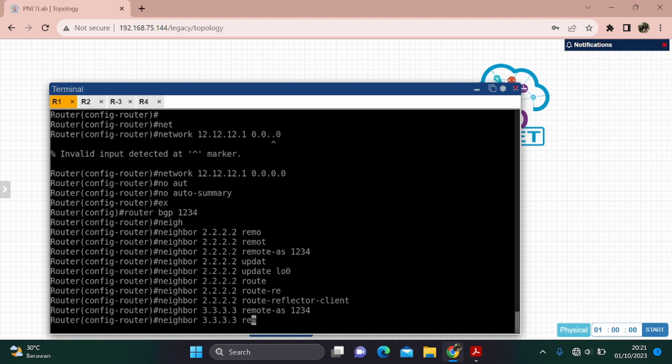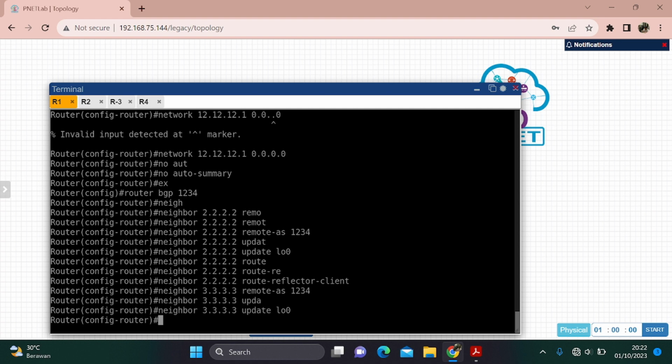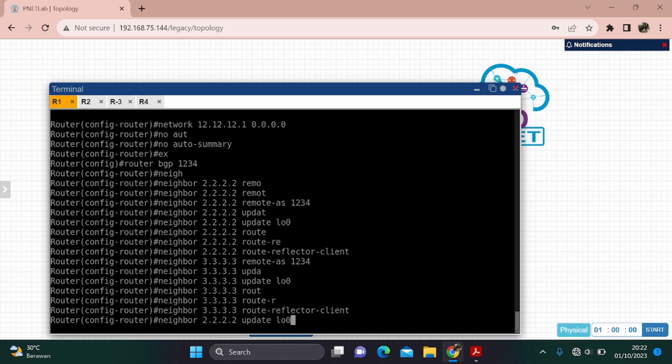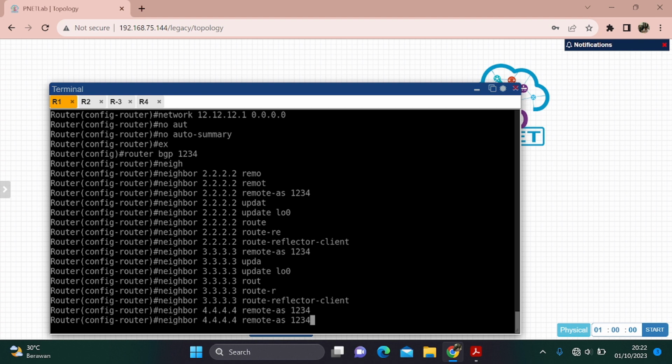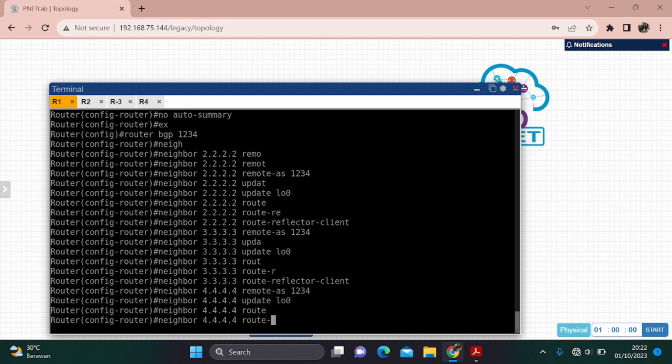And then update source loopback, after that route-reflector-client, and then neighbor 4.4.4.4, add update source loopback. After that route-reflector-client again.